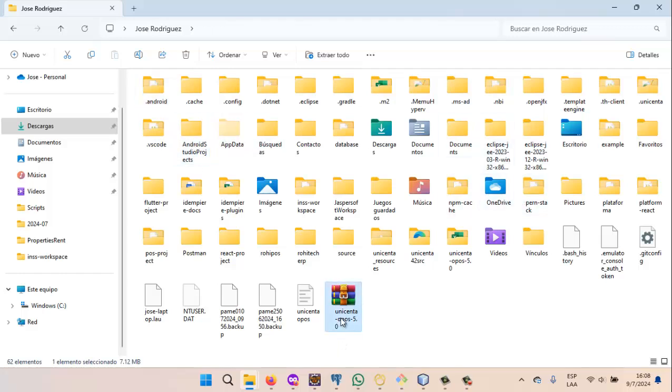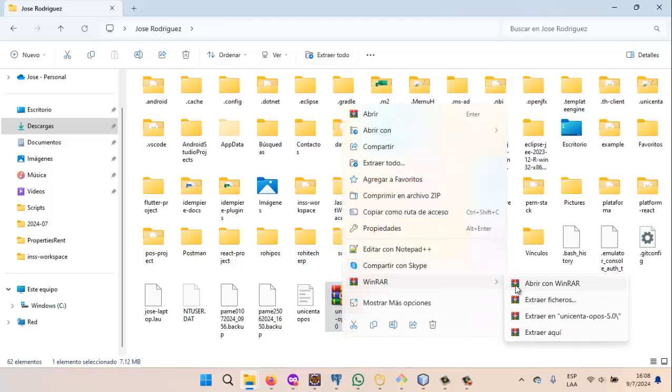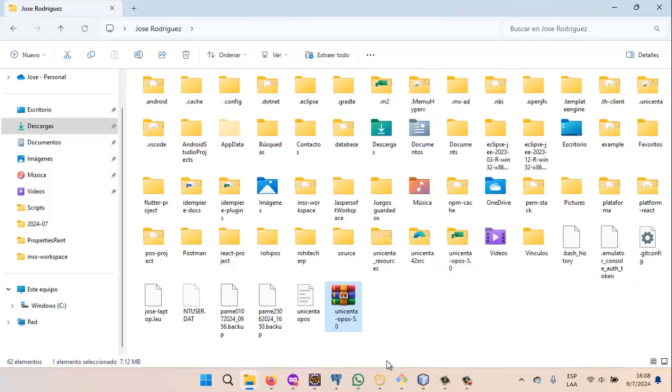Okay. Then we are going to unzip this file. In my case, I did it. Okay. In the Unicenta POS folder,